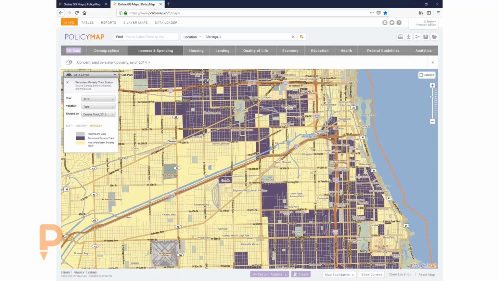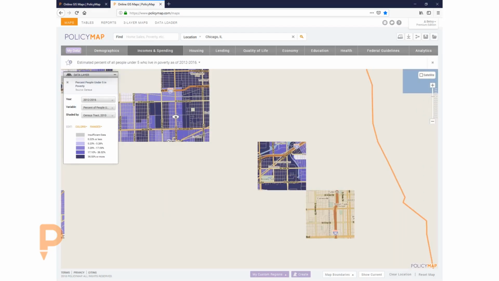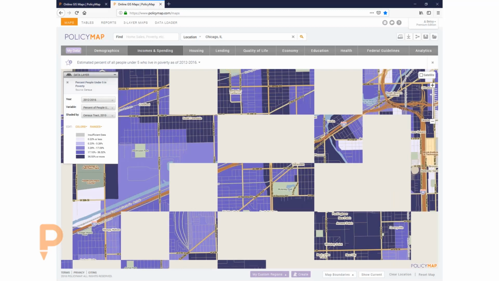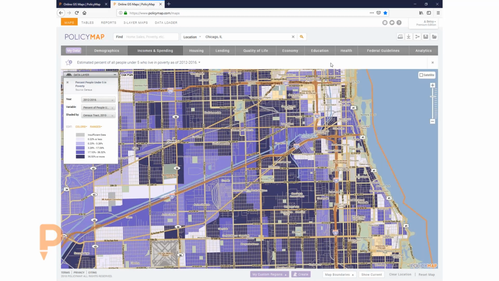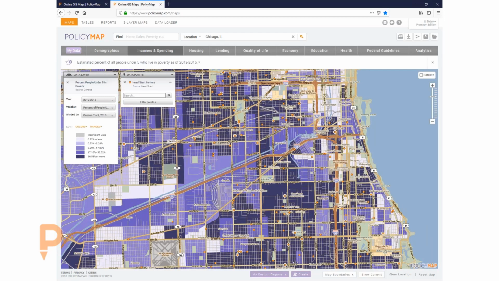So hopefully, as we're going through some of the data sets that are here and some of the attributes that you can put on top of these data sets, you're noticing some applications for your own personal use or for your library's use. So here under incomes and spending, again, we have persistent poverty tracts. Maybe I wanted to look at where there are a large number of people less than 5 years of age living in poverty. And then maybe I wanted to take a look and see where there are Head Start centers and pull that out. And if I wanted to, I can draw an area on a map and pull down those Head Start